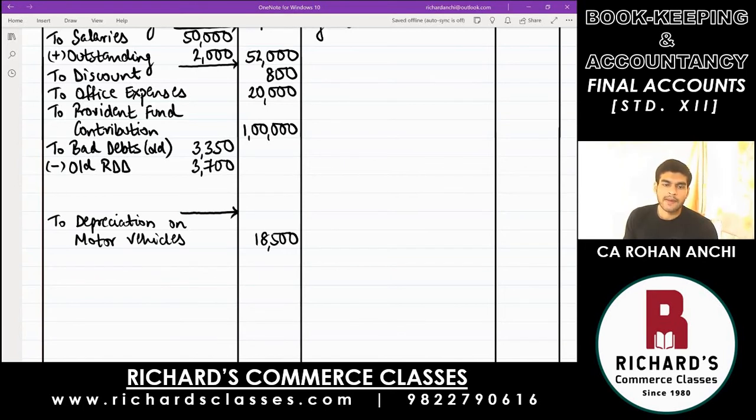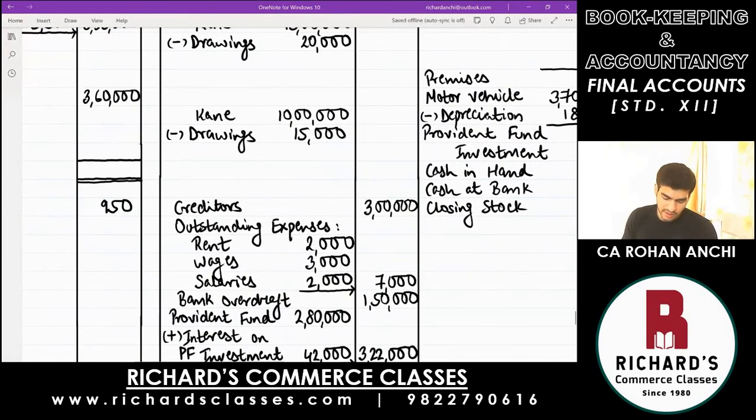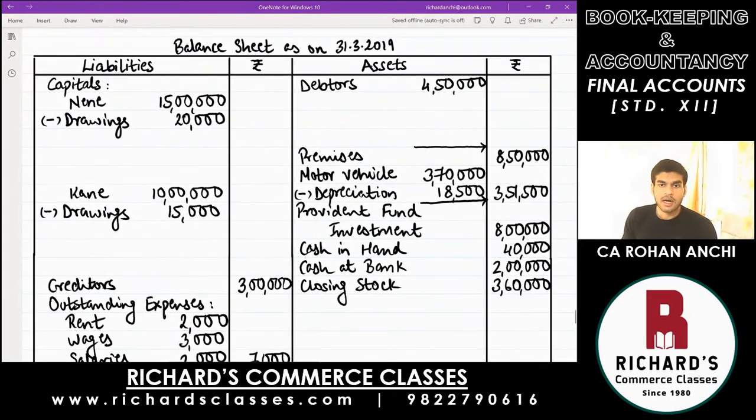Then next, bad debts and RDD. So both adjustments on debtors come to debtors in the balance sheet. Out of the two, always bad debts is first. So write down minus bad debts. Bad debts given there 5,000. Deduct and take the balance again in the inner column itself. How much is debtors after bad debts? $4,45,000.